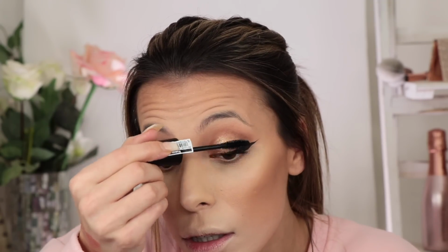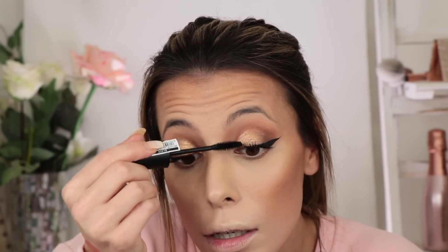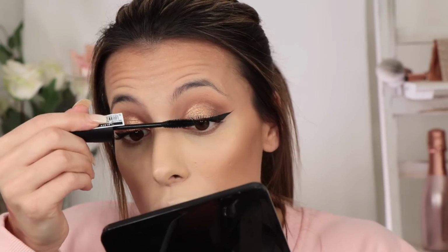Okay. And then let's try this volume one. Definitely adds more volume than the other mascara. Whereas the other one, they look thinner, but I just prefer the wand on the other one. They're okay. They're okay. Even though I like the wand on the Pro Lash, I prefer the